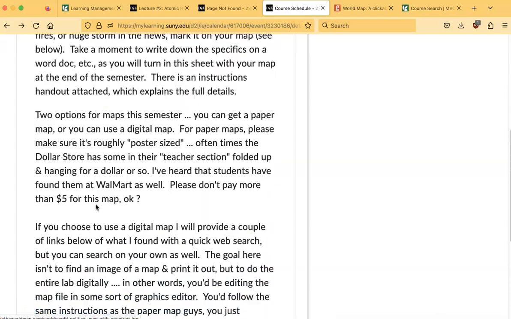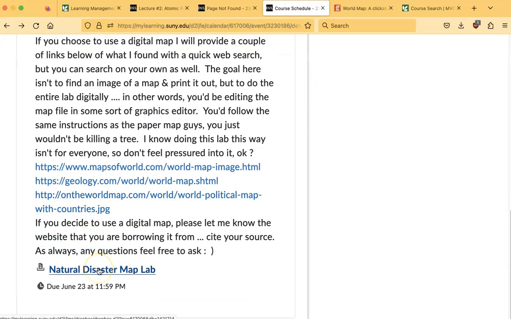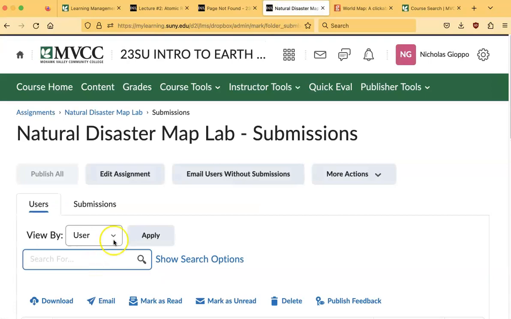This is something I talk about over in the instructions, which are right here. You're going to want to, just like on a normal map, you're going to want to,